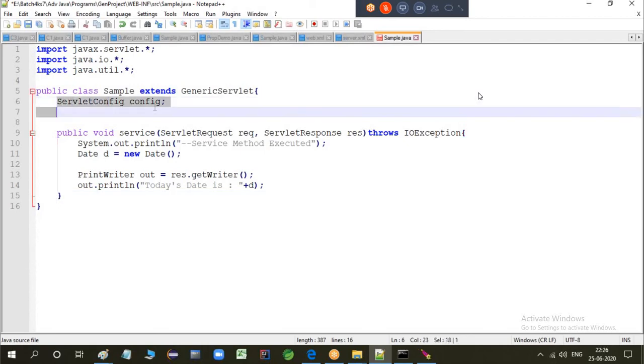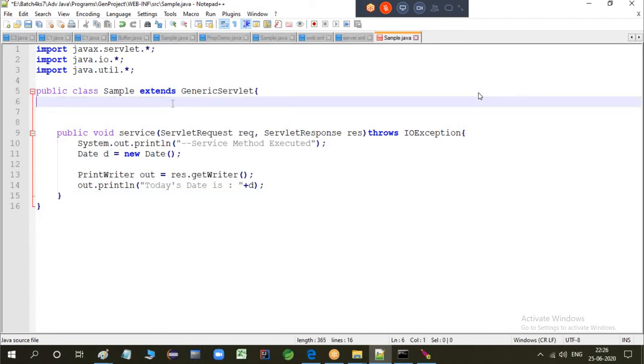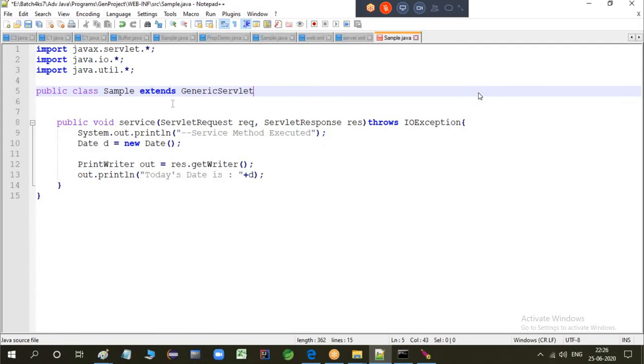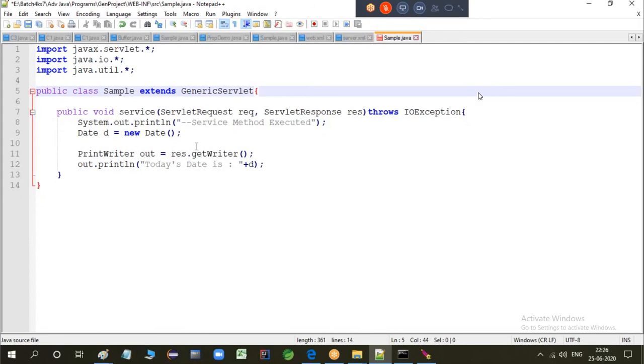Everything I can remove, and only what method is left? Only the service method. When you are giving this GenericServlet, you can write only the single service method, which will be executed.